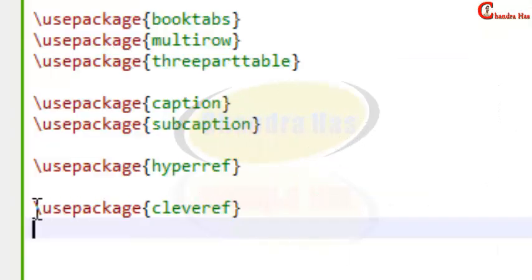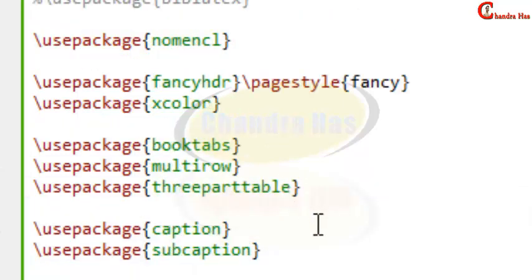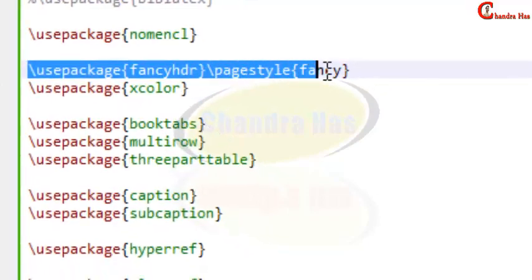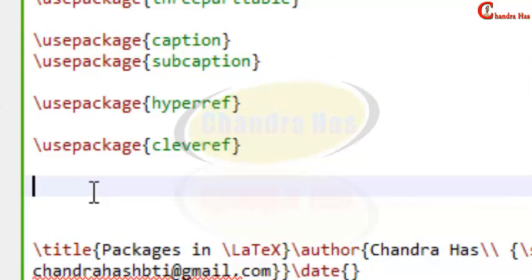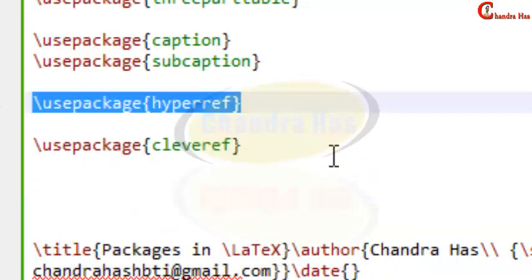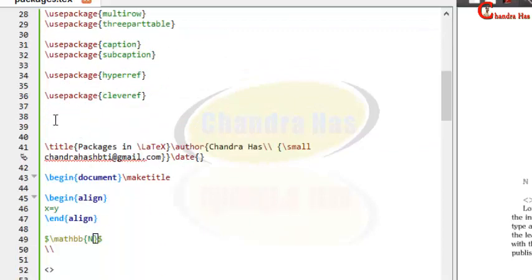Important point is that this package should be loaded after hyperref. Another important point is that the fancyhdr package should be loaded before the hyperref package, otherwise you may face some problem in the compilation. So remember these points. And if you are using the algorithm package, then that one also should come after the hyperref package. These are the important packages which one should use in the document, and some other packages which I often use,